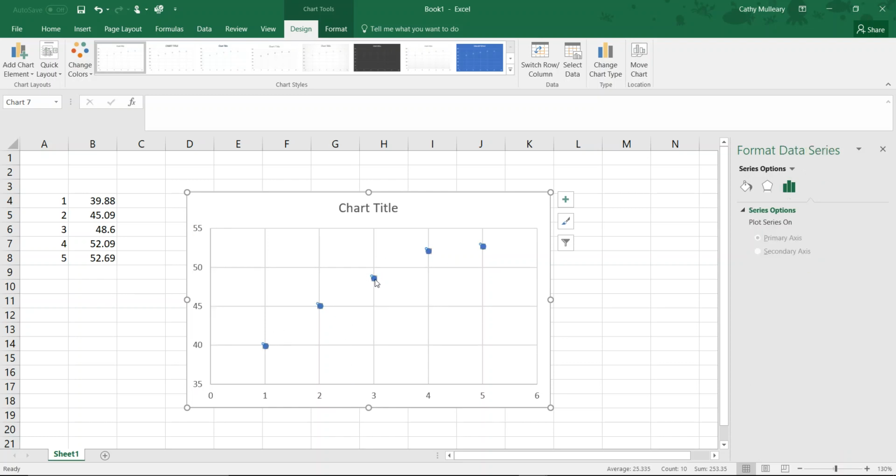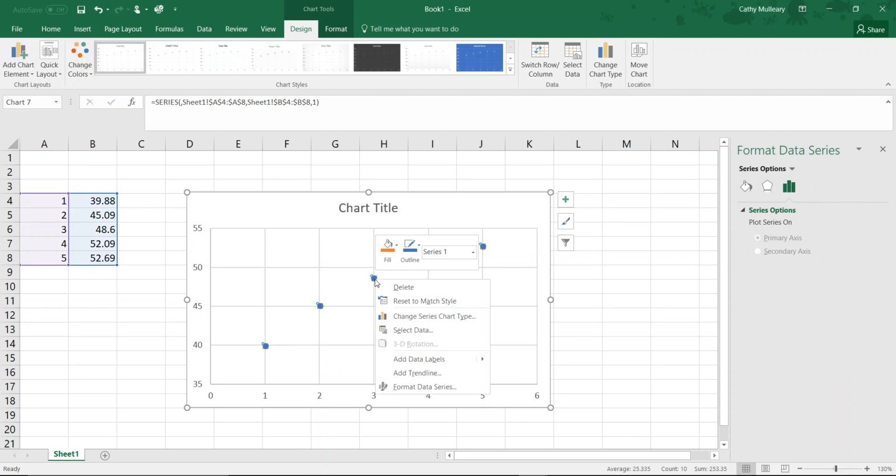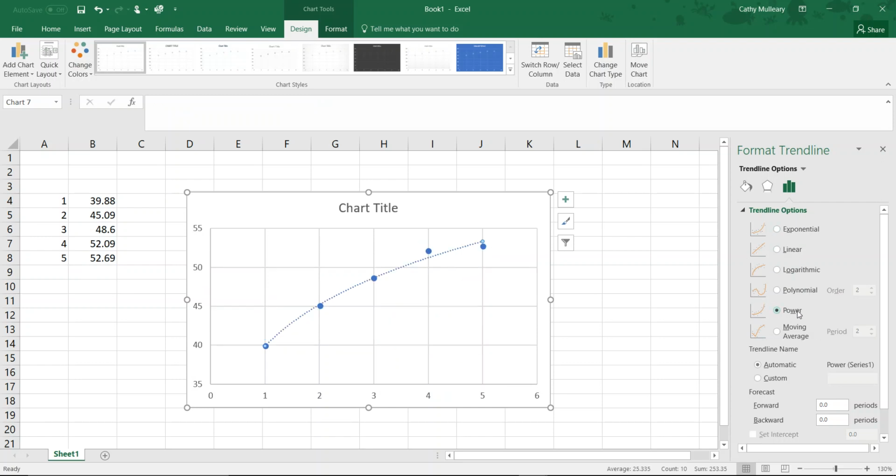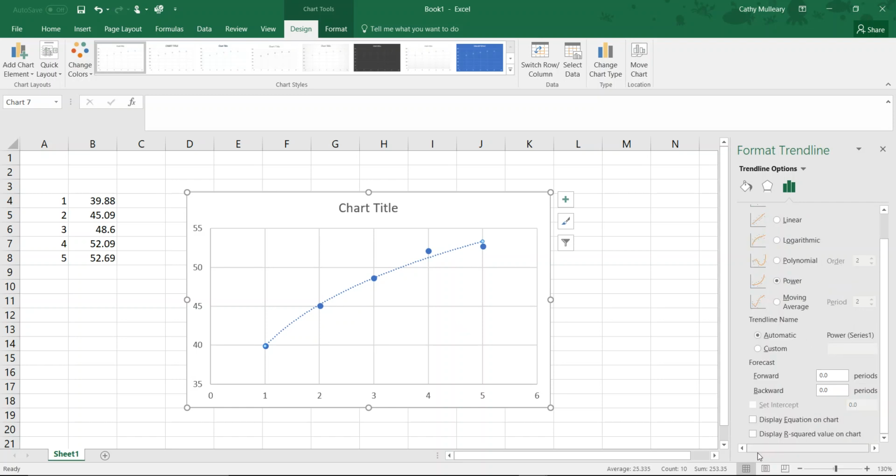So I'm going to grab this data by clicking on it, and then I'm going to right-click on it, and I'm going to select Add Trend Line. And I get this straight line, which is really not what I want, but I do have all these options over here, and so I'm going to select the power option. Now we're going to do 2 more things on here. One of the things is that I'm going to change that to a solid, and the other thing that I'm going to do is I'm going to select over here the display equation on chart, take that and scoot it